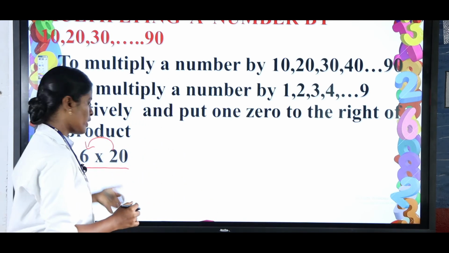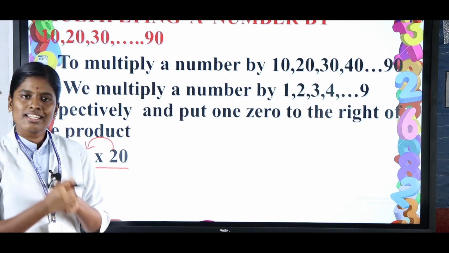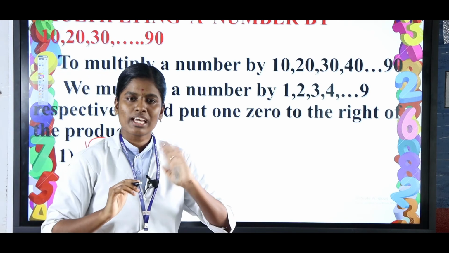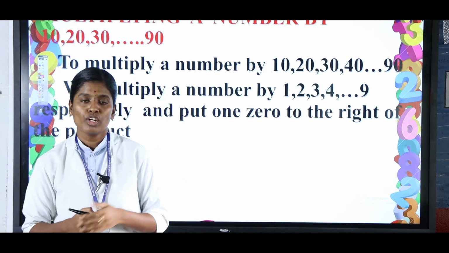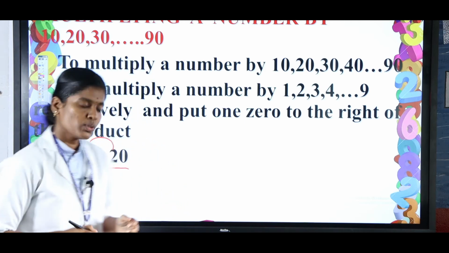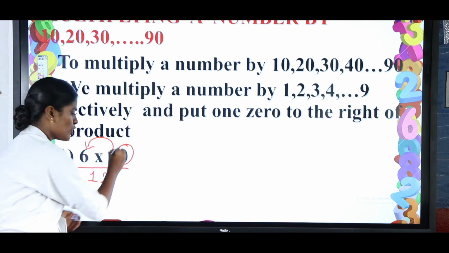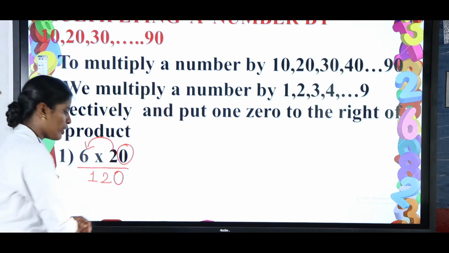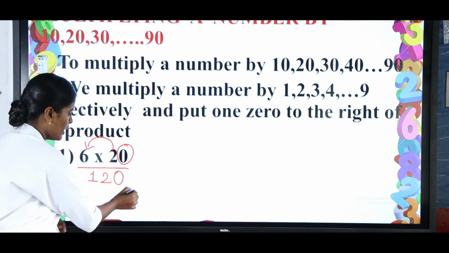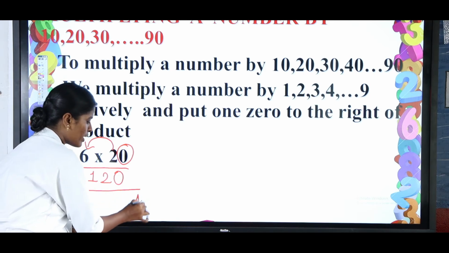So the first one is 2 sixes are. What is the answer? 2 sixes are, that is 2 times 6 or 6 times 2. 2 sixes are 12. And finally insert 1 zero to the right side of the product. So write the answer